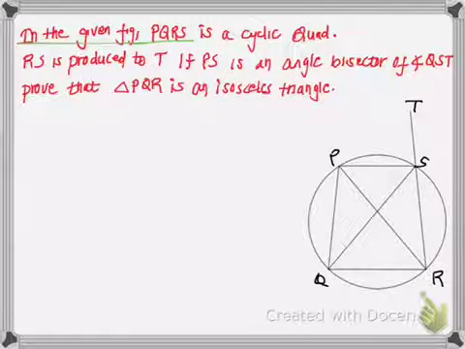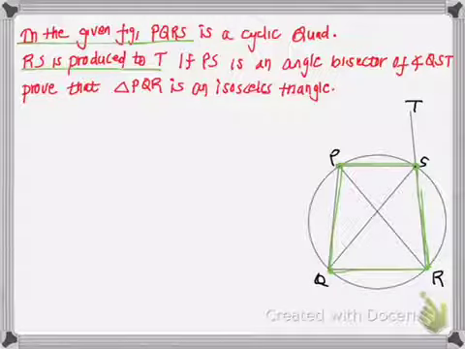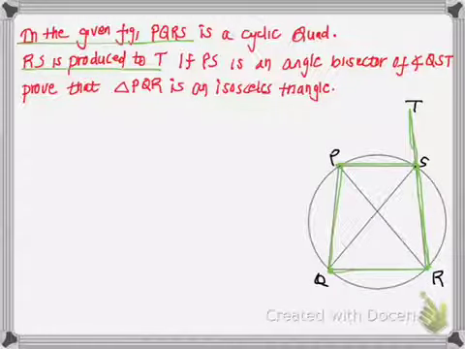So here PQRS, this is a cyclic quadrilateral since all its four vertices touch the circumference of a circle. Also, radius is produced to T, so this line radius is extended up to point T, and if PS is an angle bisector, so this line PS is the angle bisector of angle QST,